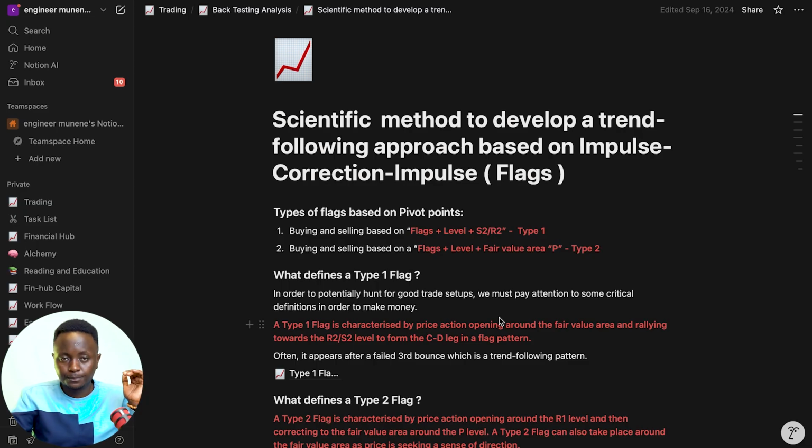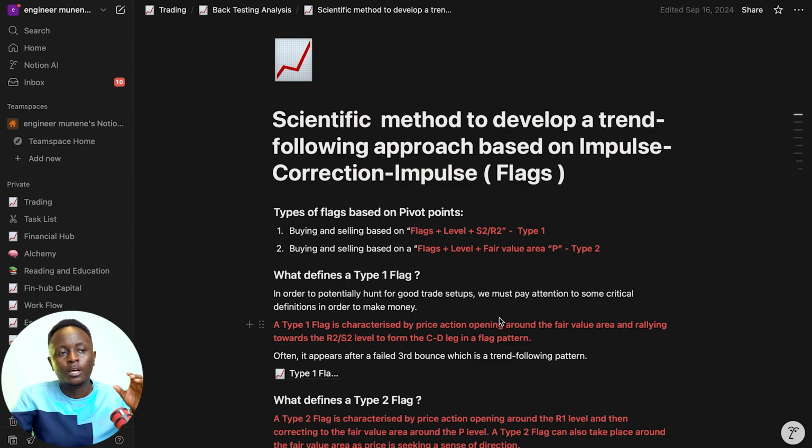So to start off, I'm going to look at the different playbooks and how you develop a playbook. So what's a playbook? Fundamentally, a playbook is a set of rules or a set of filters that you have placed for yourself that dictate when you'll be in and out of the market and why you should be in and out of the market.